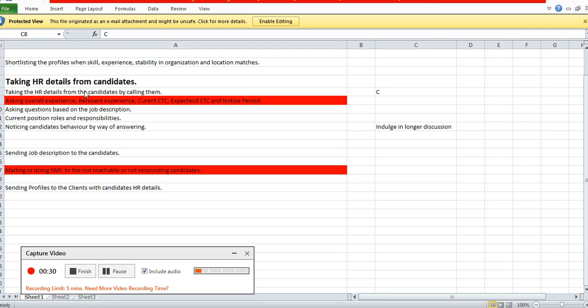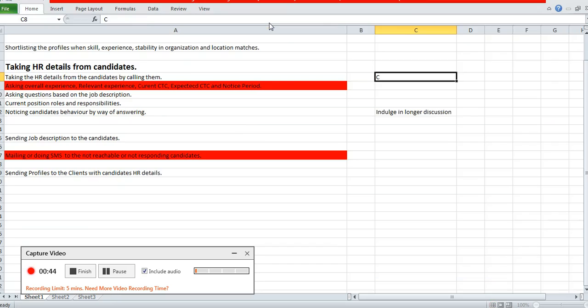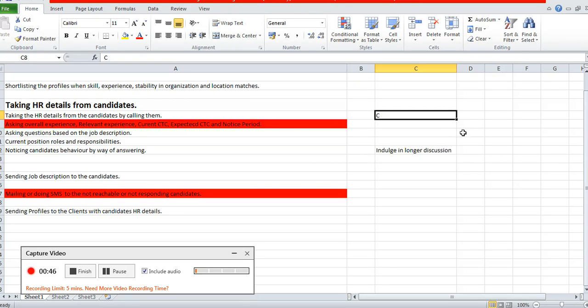So if you see, taking the HR details is the standard one: expected CTC, current CTC, notice period, and all of that. Also, it is very important for you to find out exactly the relevant experience as such. For example, if you're working for a technical position, which is much easier for me to explain right now, let's imagine you're looking at a .NET developer, right? And they are going to ask you a specific experience about how much experience they have in .NET,